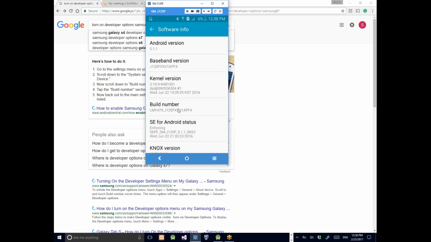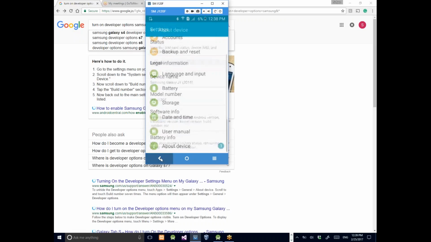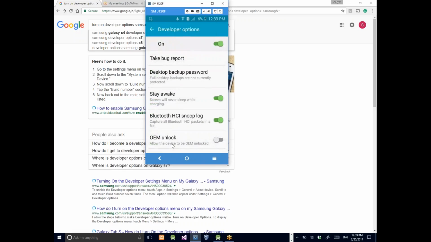Of course, you can turn this off at any point in time you would like. Now let's see the result of this. I'm just going to go back, and you see here it is. Developer options now has showed up under my settings, and now I could use this. I would need to press on developer options, and as you could see,